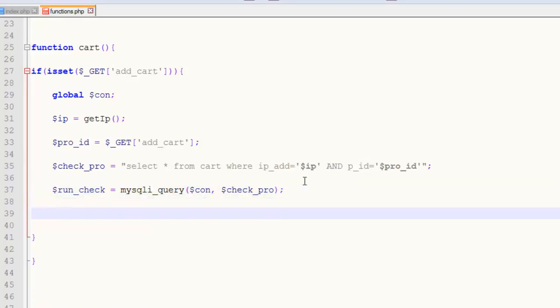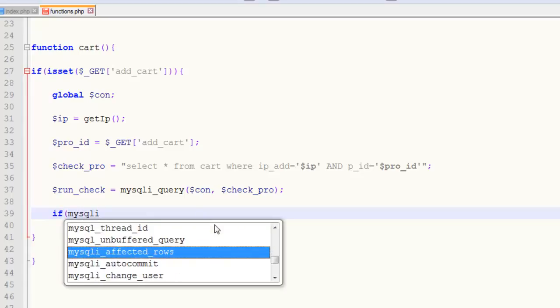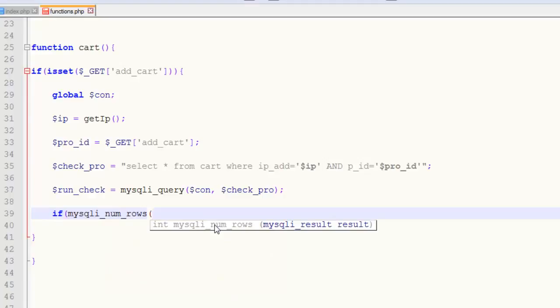That's it. Now we have executed the query, and the next thing is that we will use an if statement. If mysql_num_rows, meaning the number of rows of this query, run_check, is greater than 0,